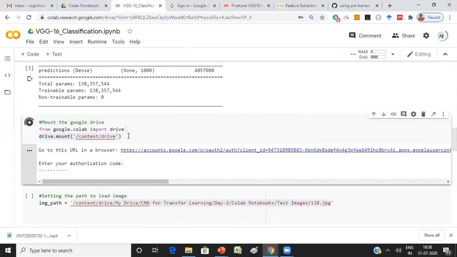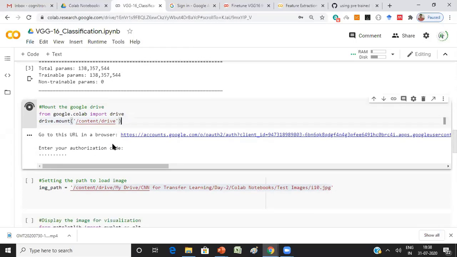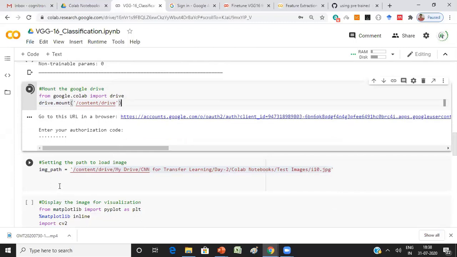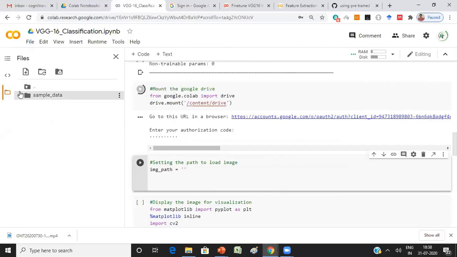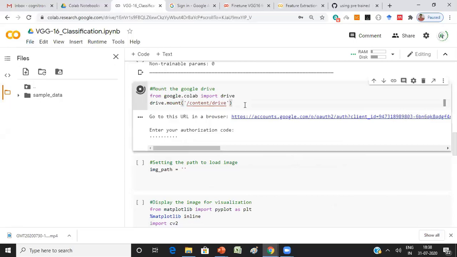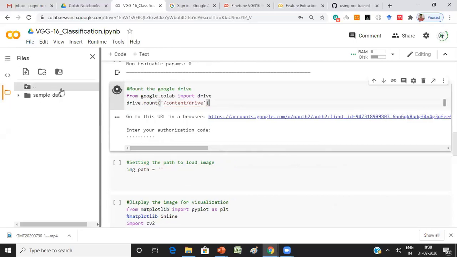Now the drive is mounting. Once it is done. Madam, is this yesterday's program explanation or the updated one? The same one, I'll just give you the intuition of why we need to go for fine tuning. I'm not explaining this program, I'm just waiting to run the code, that's all. Very slow.